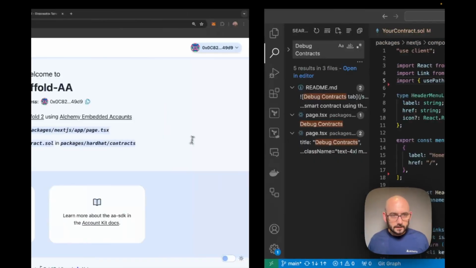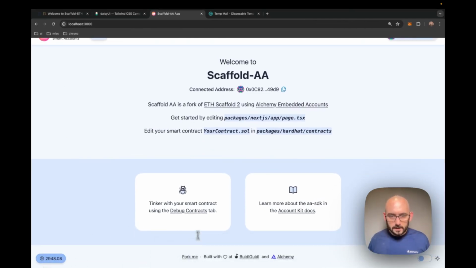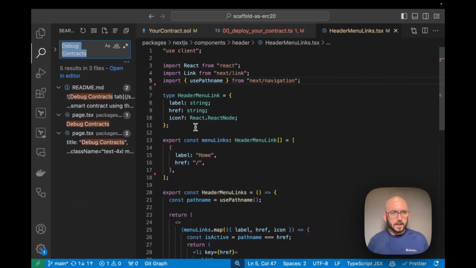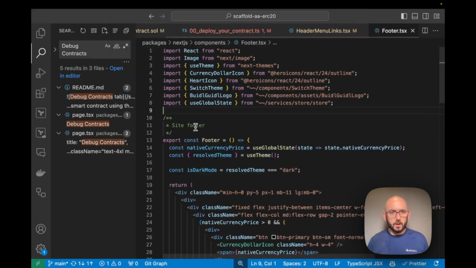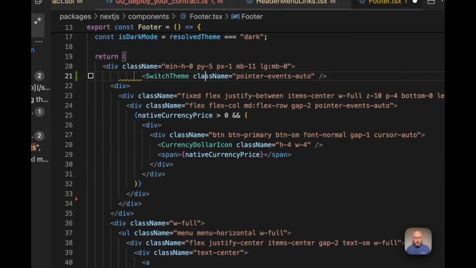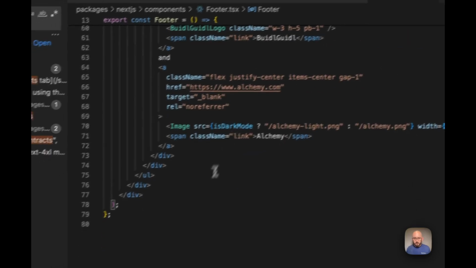And then the next thing that we're going to do is I'm going to get rid of this footer that says the fork me, and let's keep the dark mode light mode. That's kind of nice, but I don't need this little ether price thing here. So we'll get rid of most of the things that we just don't need. There's a place where, actually it should just be called footer. Okay, so for the footer, the only thing that I really want to keep in there is the switch theme. So I'm going to get rid of everything else, just so we can get all the way back to the